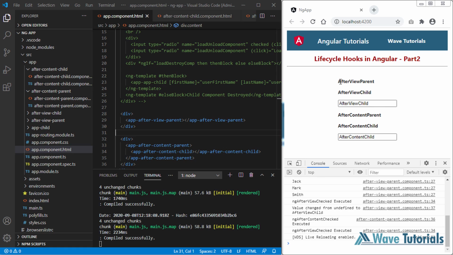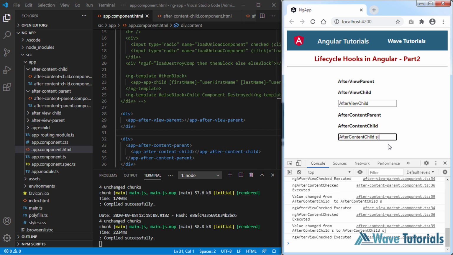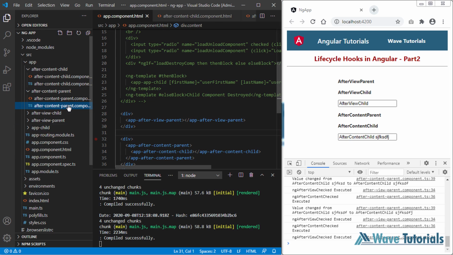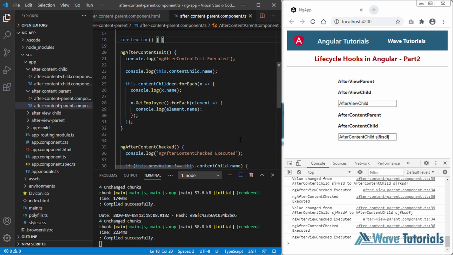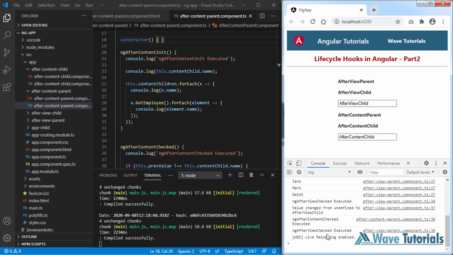and you can check that here we have already loaded AfterView parent and whose AfterView child is loaded, and now here we have loaded AfterContent parent, and then within the AfterContent parent we have loaded the AfterContent child, and whenever we make any changes here, the same will get reflected using the lifecycle hook methods implemented in our parent component. Like if you notice, let me reload it again, you notice that